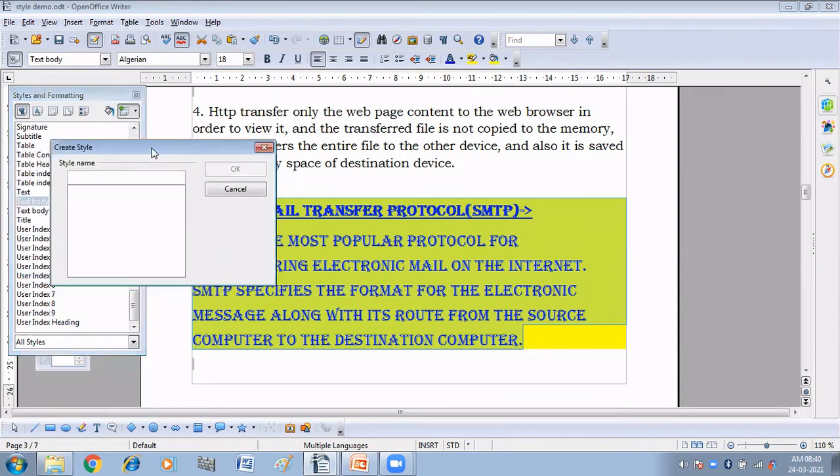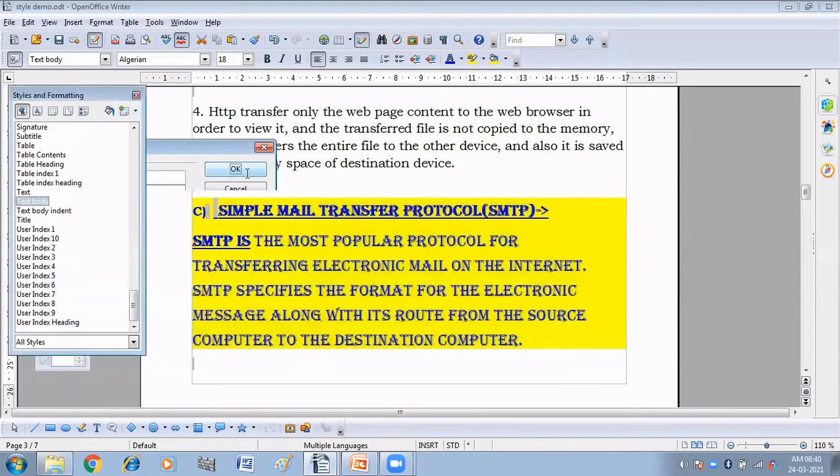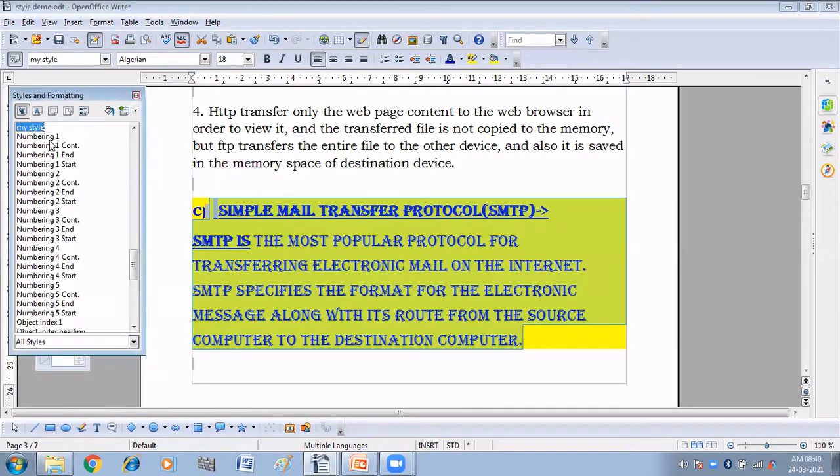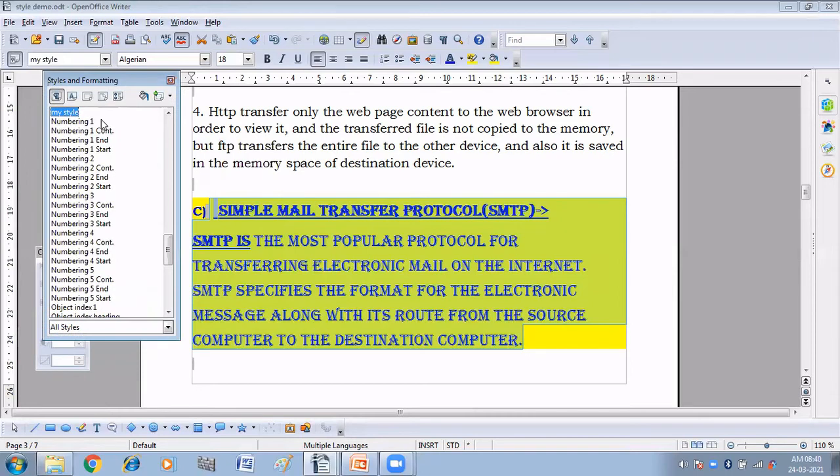Give a name to your style. So I am giving it my style. And then click on OK. Now you can see in the style and formatting window, my style has been added.